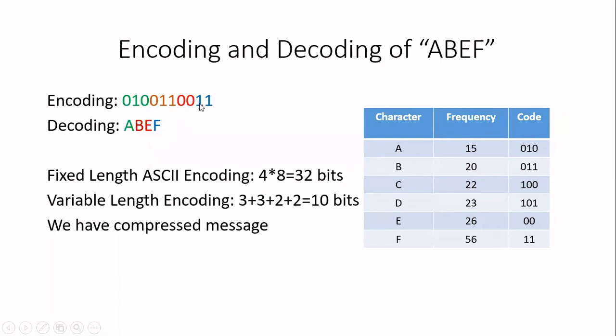So if we consider this particular example, we have started with the frequency and we have generated this code. In this, if you go for fixed length ASCII encoding, you might have used 32 bits for this particular message. But now, according to the table we have constructed, we are going to have only 10 bits in this message. You can count the total number of bits here. There are 10 bits. For the same message, we are reducing the number of bits. So what we have done, we have successfully done the compression process. Compression is nothing but reducing the number of bits in your message. So we have done compression with the help of the Huffman algorithm.